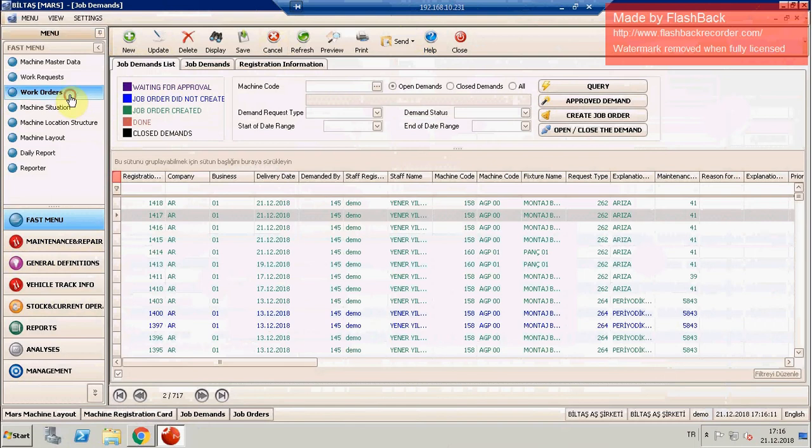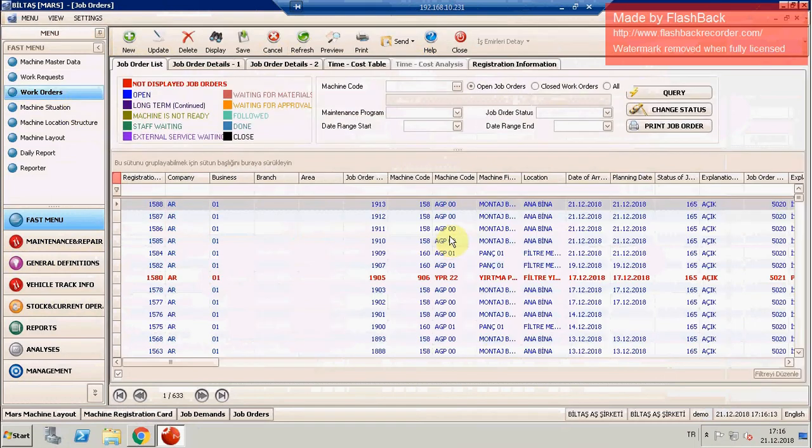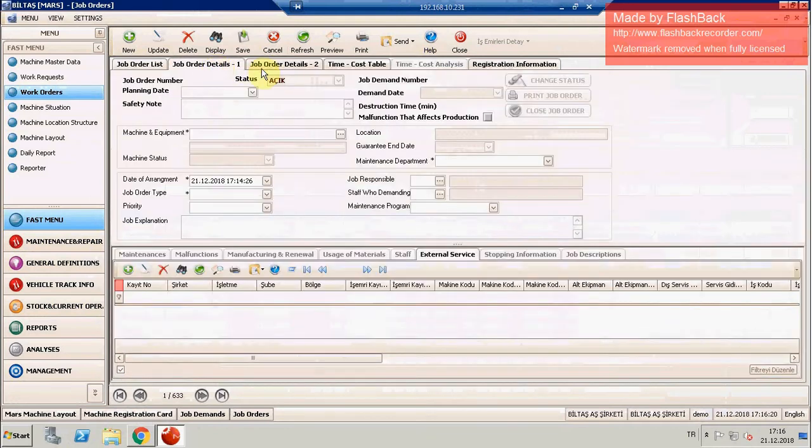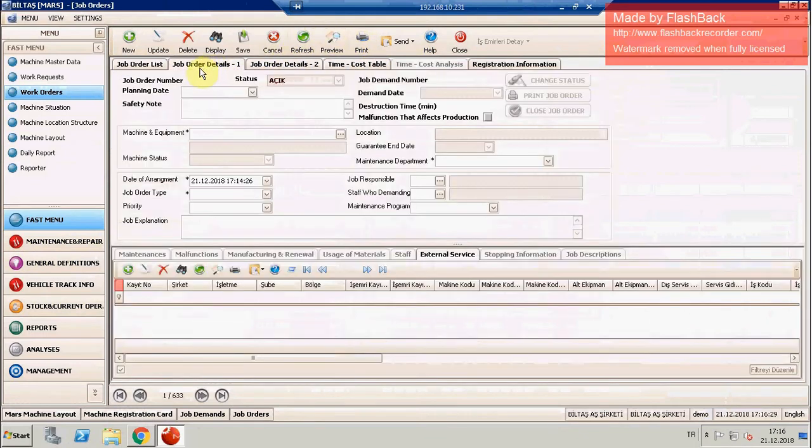Let's continue with work orders. The work order screen looks similar to the work request screen. In addition, you can see the work details, some analysis here, like the time cost table and job order details. In work order details, you can change the status of the work if you have the authorization, of course. Or you can see all the information about the work order, such as